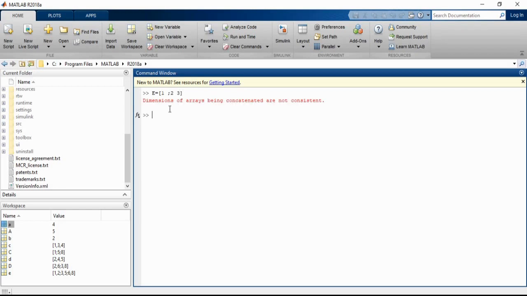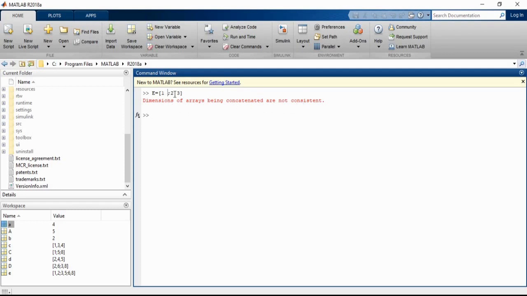Now you can see, the data I am giving is 1, and I am actually creating a 2 by 2 matrix. In a 2 by 2 matrix we need 4 values. Whenever I forget to enter one value, what is happening is: dimensions of the arrays being concatenated are not consistent.